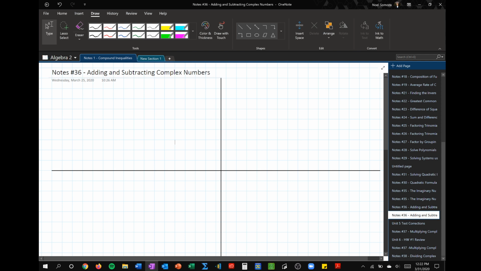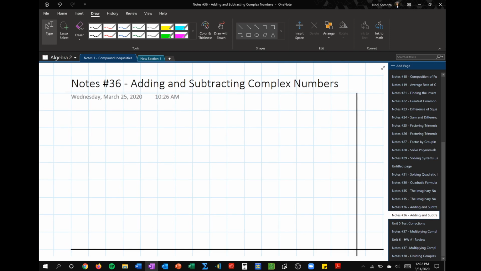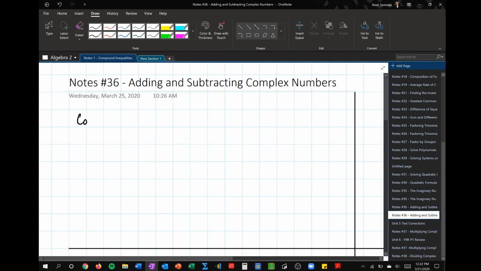Today what we're going to look at is adding and subtracting complex numbers. Last time we looked at the imaginary number only, but the imaginary number, like we mentioned, is also part of something bigger called the complex numbers. The complex numbers have a specific definition, and that's where we're going to start. A complex number is a number of the form